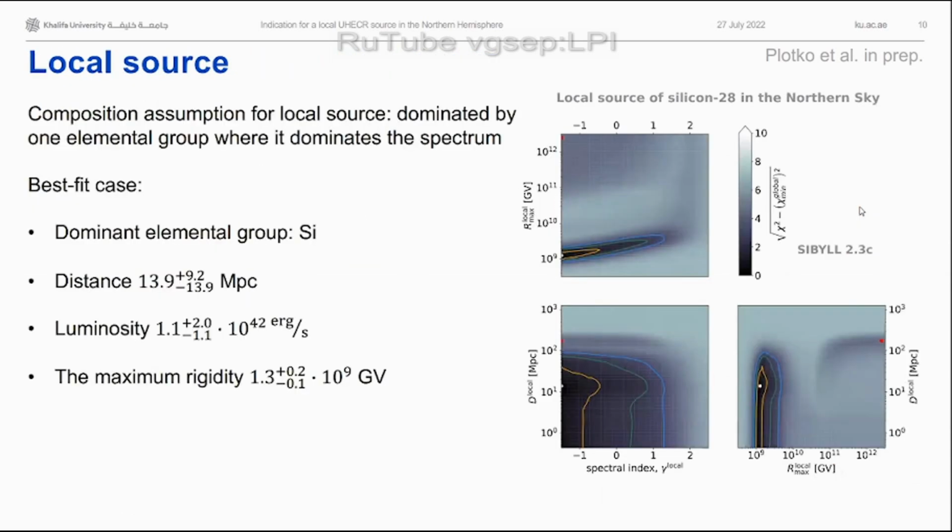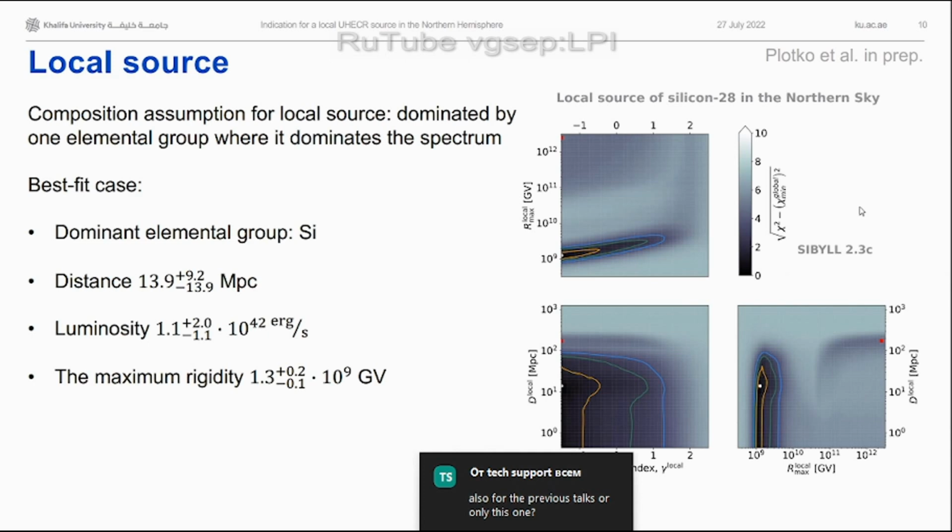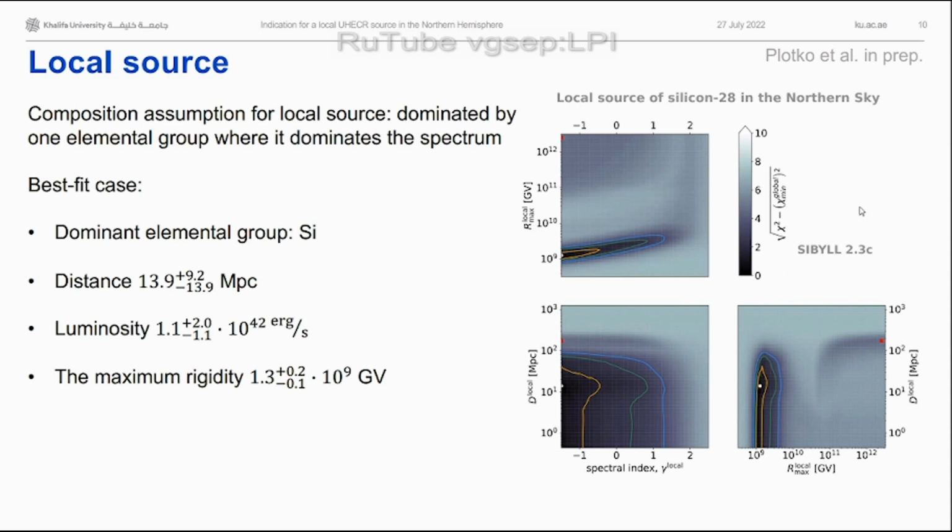So to add more than one mass group for the source just gives you more free parameters to fit, which doesn't really make sense in the end. So we have one mass group which is dominant for this local source. And in this case, the best fit is the silicon mass group,